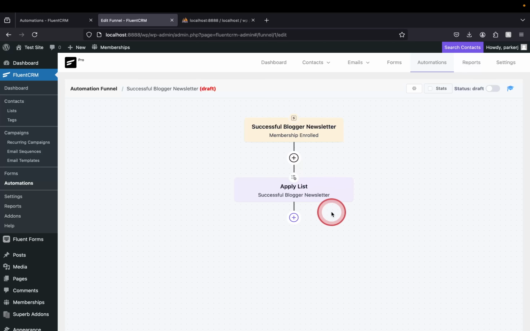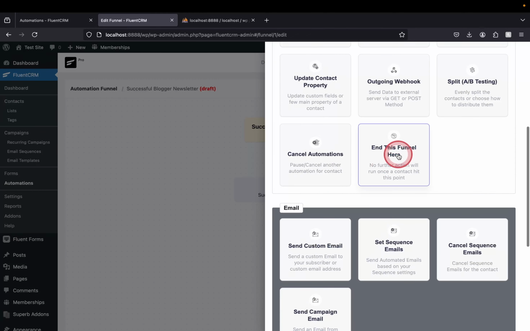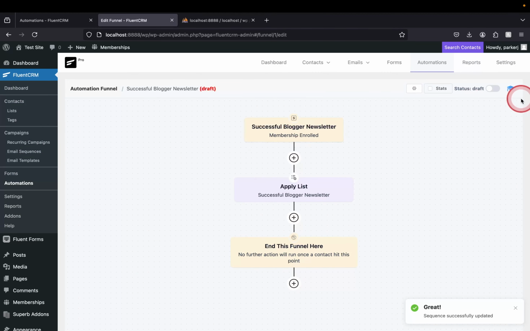All right, now that we have our apply list action here, we're gonna scroll below this and then the plus sign and then add another action. And then what we're gonna do is we're going to end this funnel here so that there's no other action. Click save settings. And then with our newsletter automation is currently in draft, so we wanna make sure that we